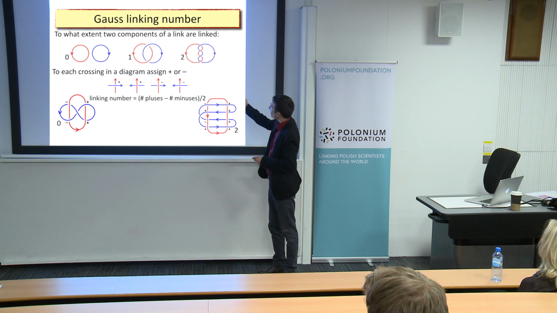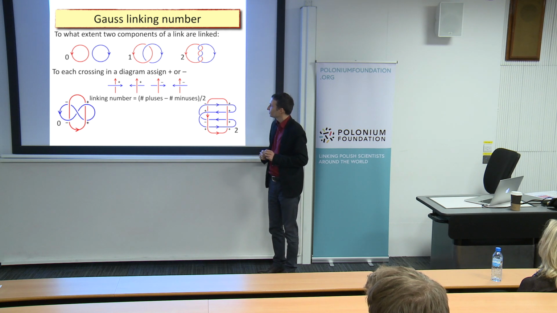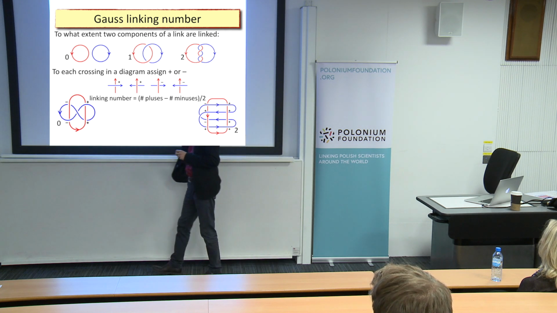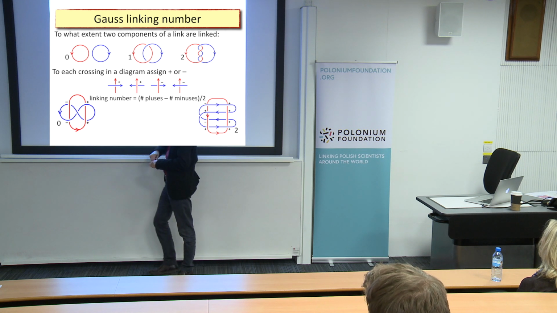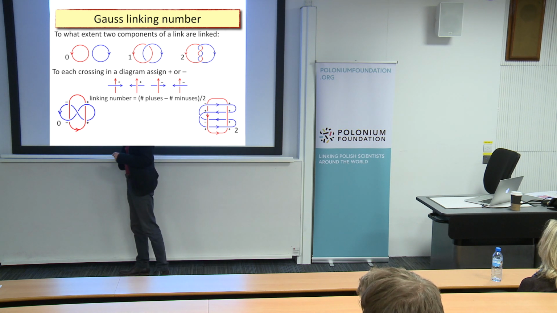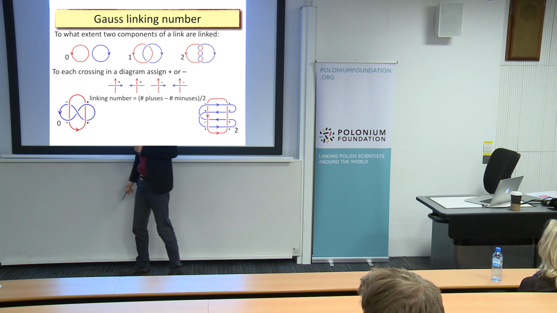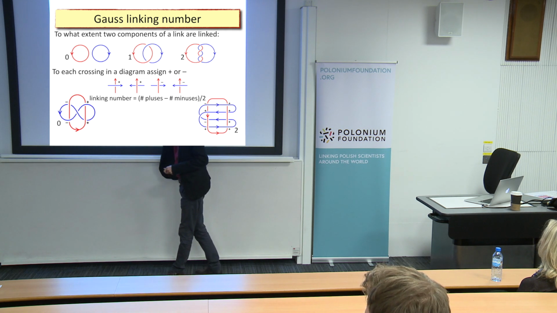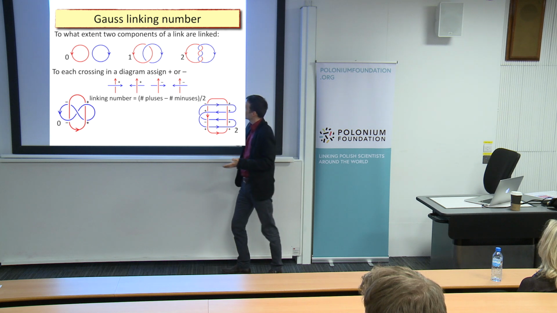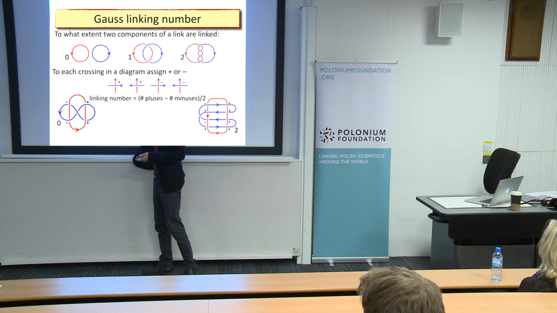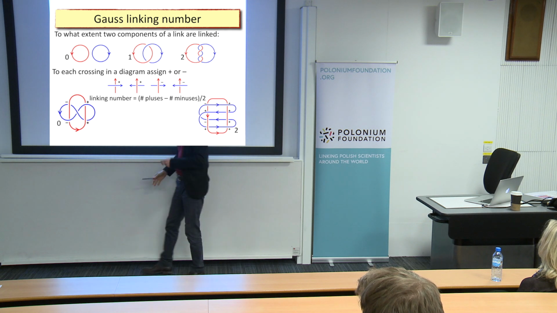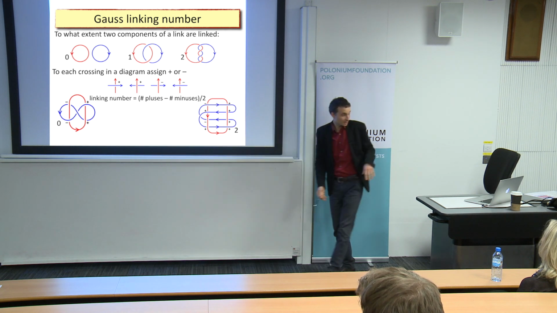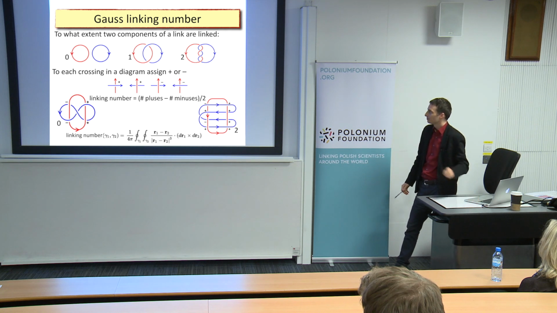In fact, you see that this linking number is also not that powerful, because clearly this link cannot be disentangled into 2 separate pieces, but this invariant is 0, the same as for those 2 unlinked circles. So while you can distinguish this one from this one, you cannot, just using this invariant, distinguish this one from this one, even though by naked eye you see that this is linked and this is not. So this is why mathematicians are trying to find more powerful invariants.